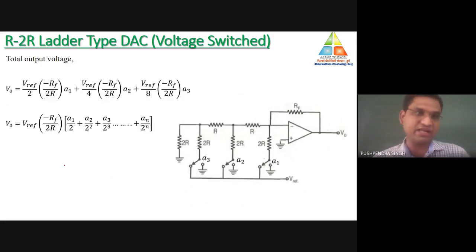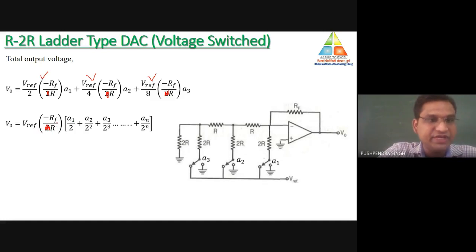So, now calculate the final output. Final output will be what? When all the bits are connected to 1, then due to the first, output is VR divided by 2. This term is common. Everywhere it is written 2R, but as per our calculation, that was R only, so make it correct. So VR divided by 2. For the second case, VR divided by 4. For the third case, VR divided by 8. For the fourth case, VR divided by 16. For the next case, VR divided by 32. That means the output is changing in the form of 2 to the power n.